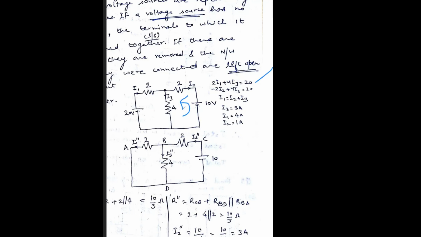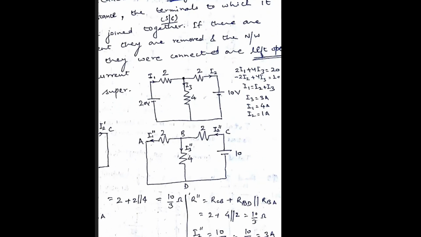So since the current is flowing here and we have taken anti-clockwise, so minus 2I2 plus 4I3 is equal to 10 volts. So we are having three equations and three unknowns, and we will get the